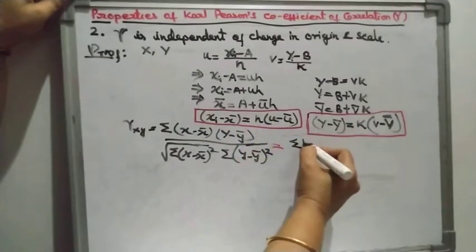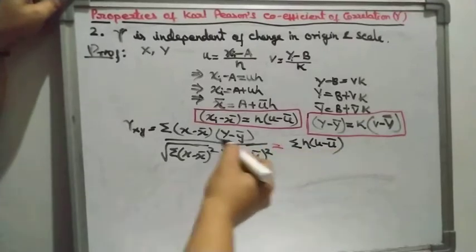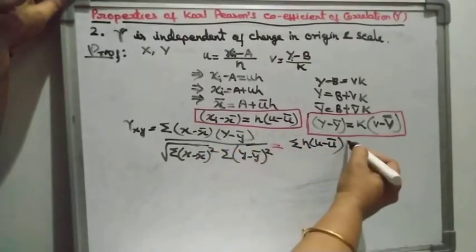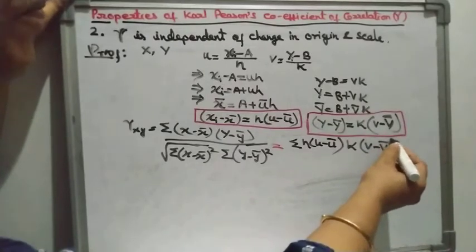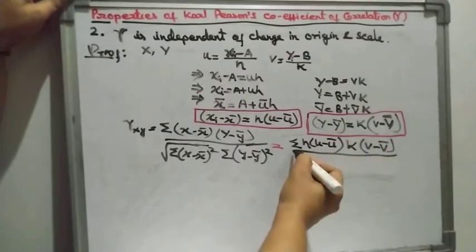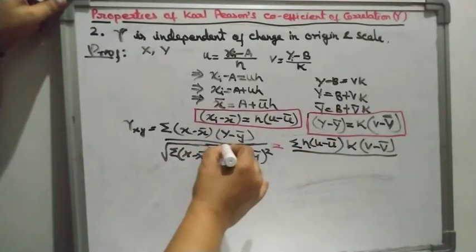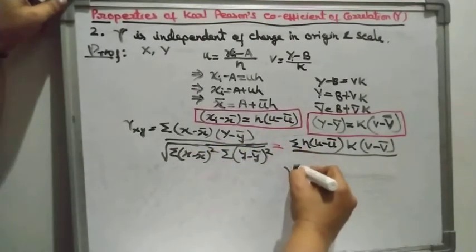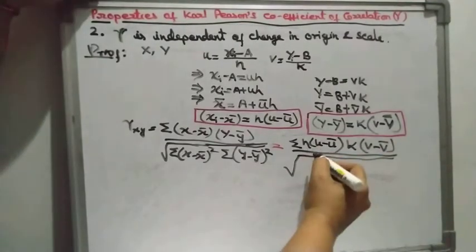So it is h u minus u bar. Next, y minus y bar, we need to write k v minus v bar, divided by root over, whole root is there, both are in root. So root over, we need to write the whole formula, which is